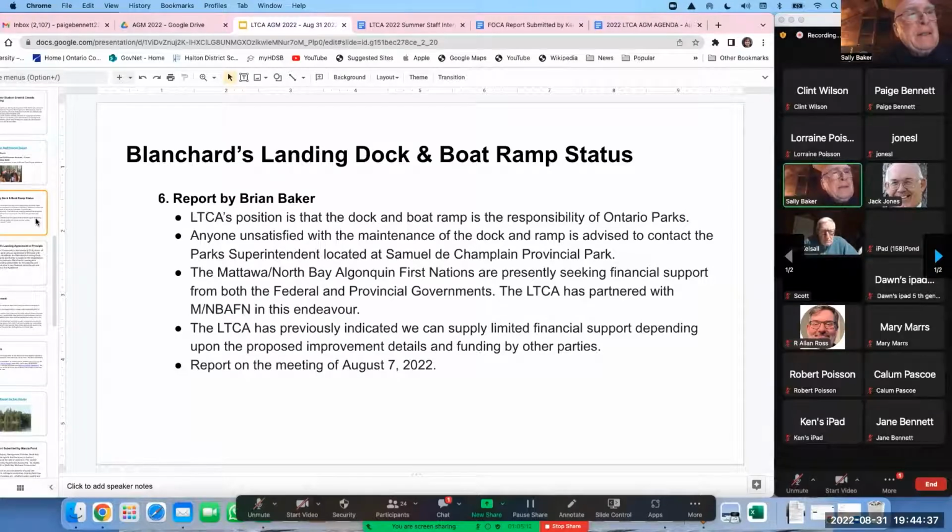So anyone, and I think everybody, is unsatisfied with the condition of it. In my view, it's almost reaching the point of not being safe because some of the flotation has failed and you don't get a level platform there. First, the boat ramp itself is silted in. I've seen many occasions where larger boats and trailers, combined with, say, a little bit lower water than normal, they can't